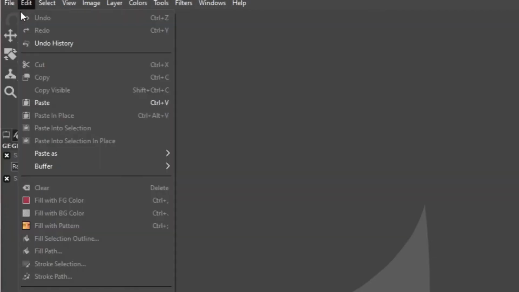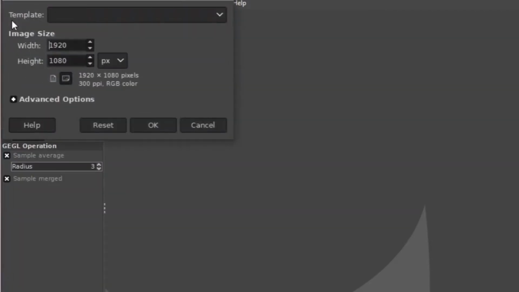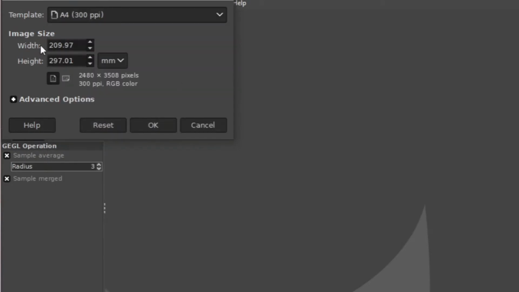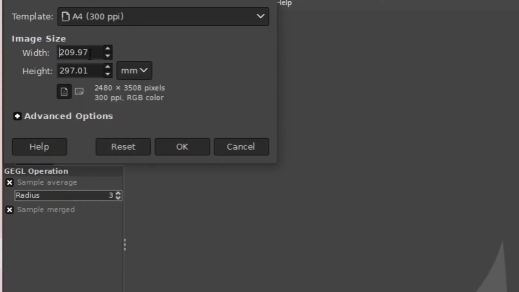If you go to File, New, and you go to the A4, you will see these dimensions of a portrait. So you just have to reset it for the landscape and switch this around. The height becomes a width and the width becomes a height. Let us change it around to 97.01, and then the bottom becomes